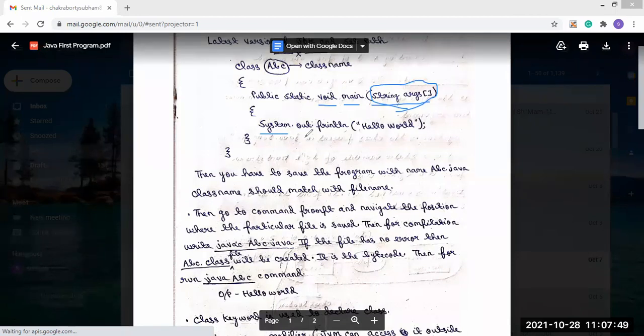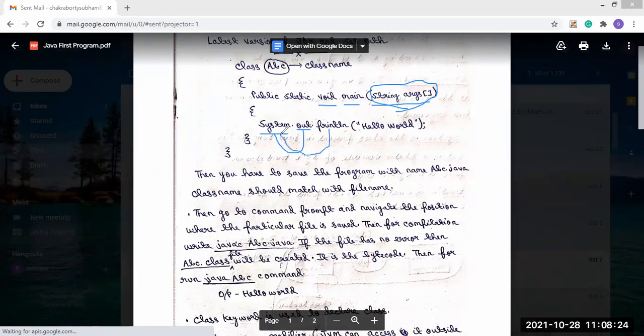Out is the static variable of type PrintStream. Inside this System class, out is the static variable, and its type is PrintStream.